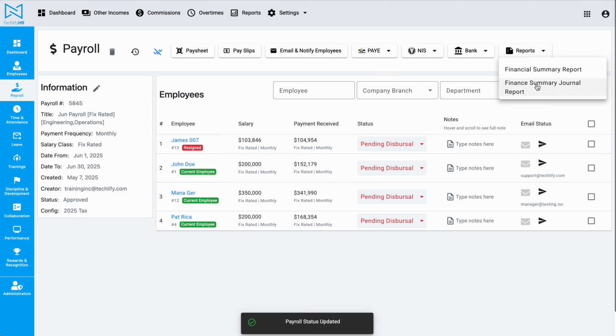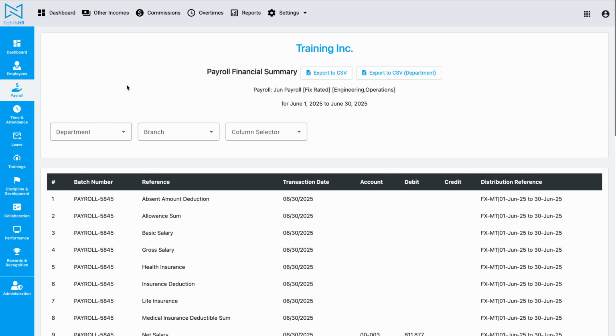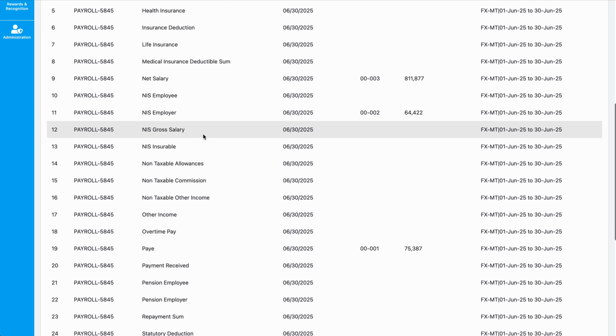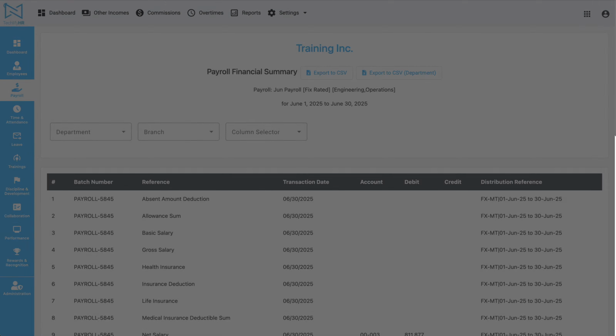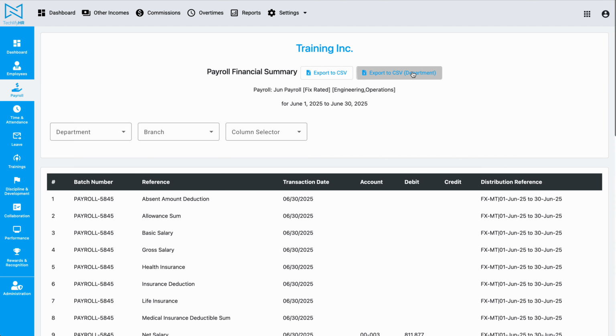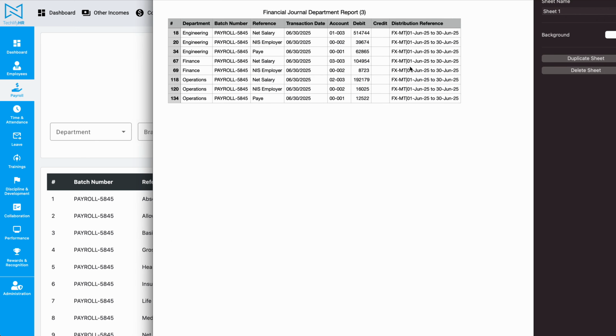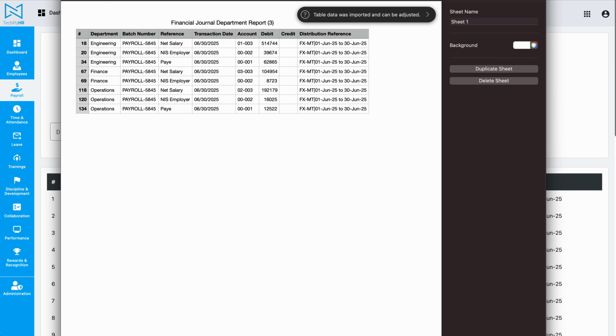Let me approve this payroll, and I'll go back to the finance summary journal report. Again, we might need to give that a minute to reflect the changes. And let's refresh the page and see what happens here if I export this department level report. Now, there we go. If I open this file now, if you remember the previous file, there were only 3